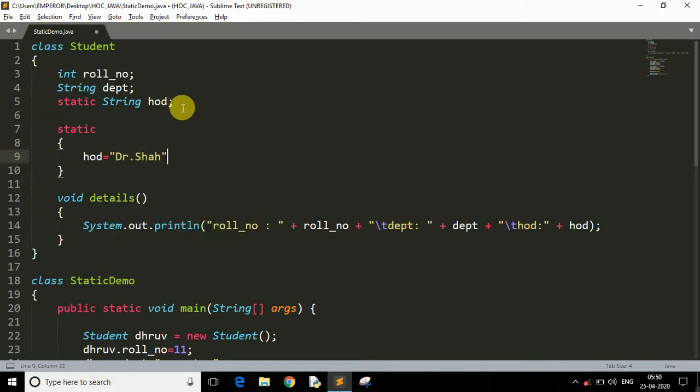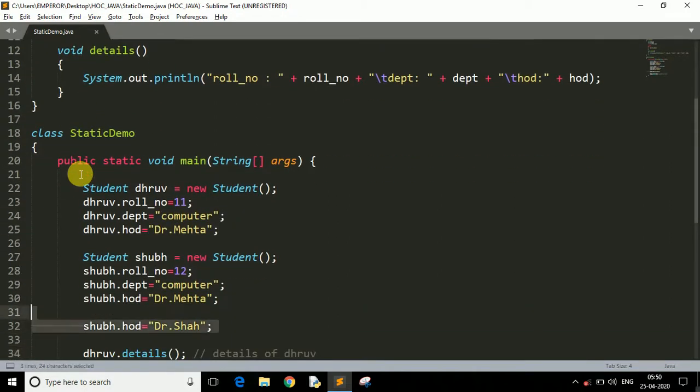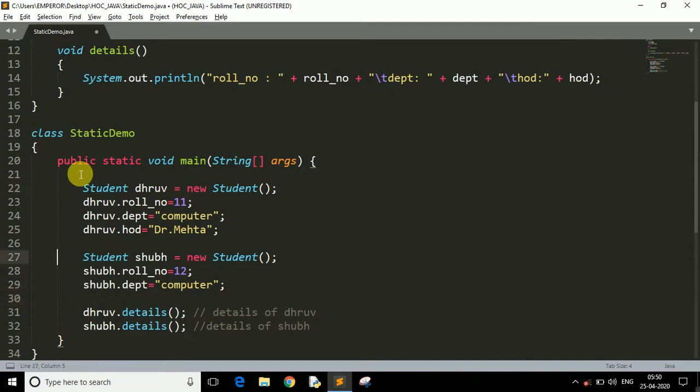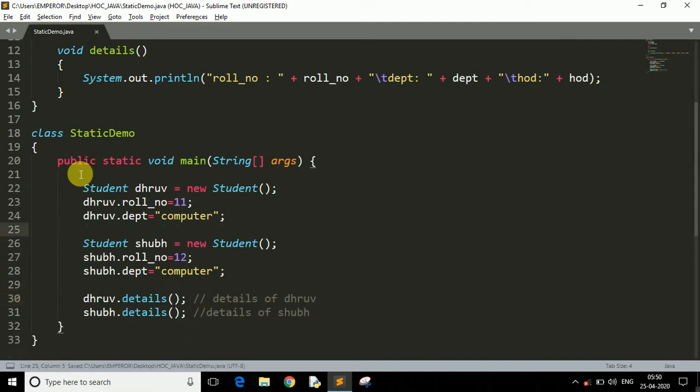Okay, so here what we are doing, we are initializing the HOD only once in the entire program. No matter how many objects we are creating, the HOD will be initialized only once in the program, and this static block is executed only once in the entire program. So we can now remove this HOD part from here to make the program simple. Okay, and now if I run the program,